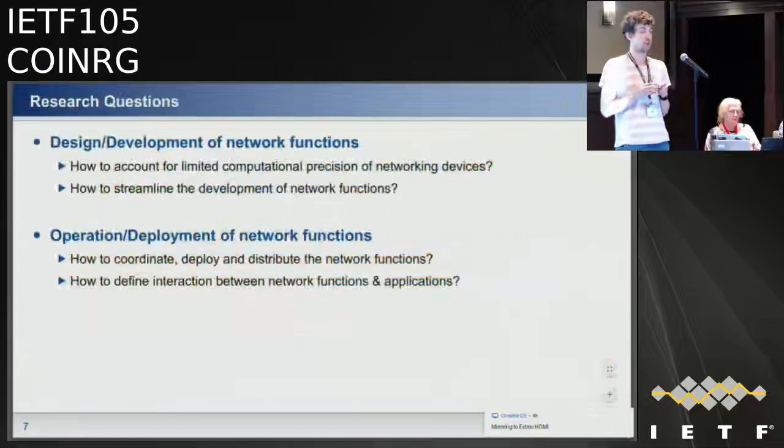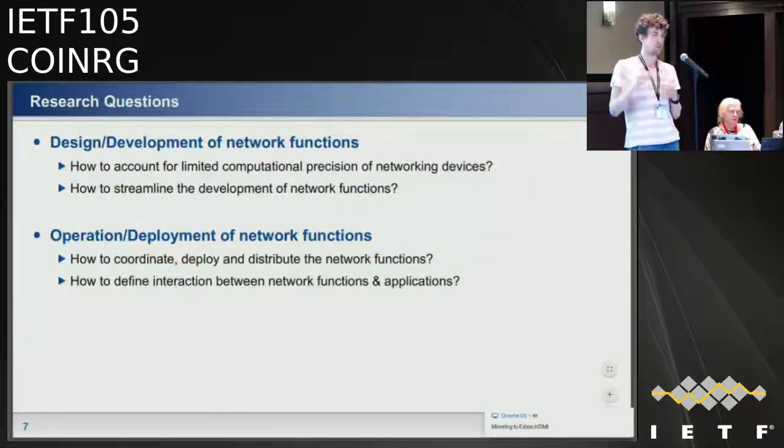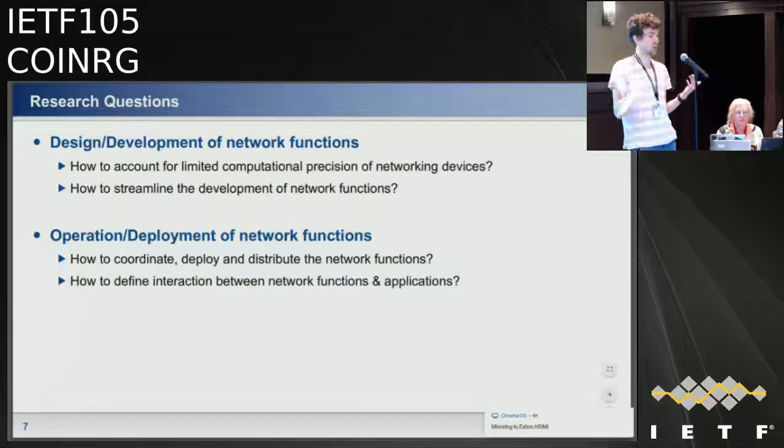So in the draft, we proposed quite a lot of research questions for all the four different use cases, and I've tried to condense them here into two categories. The first one is the design and development of the network functions that we want to do. So here the question is how we can account for the limited computational capabilities of the network devices. For example, in the control scenario, you typically have quite complex control loops and control algorithms, so simplified versions of them might introduce some sort of inaccuracy,